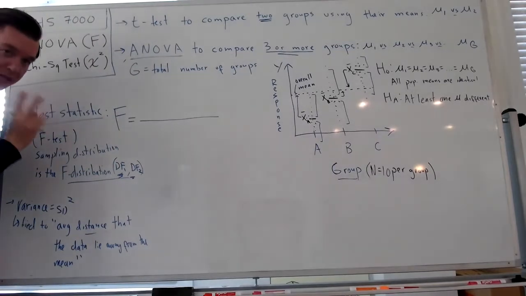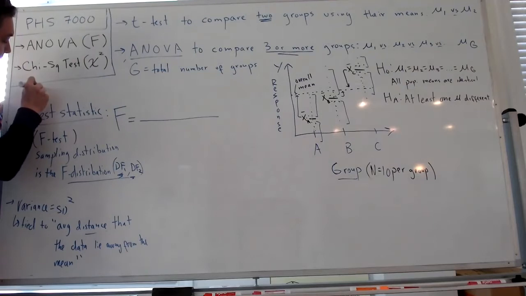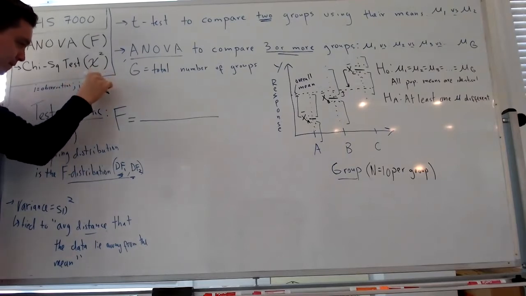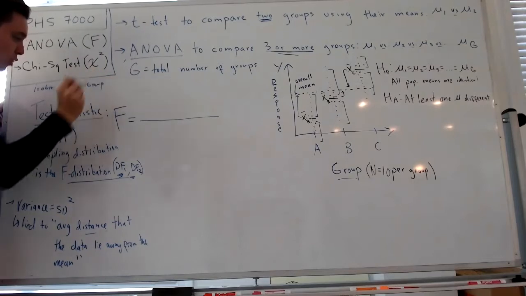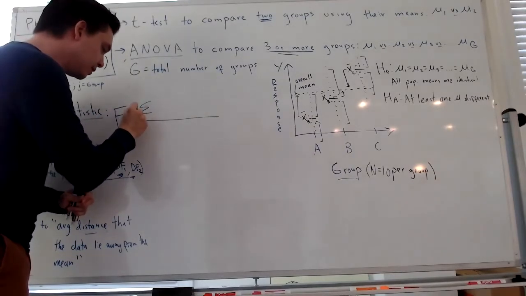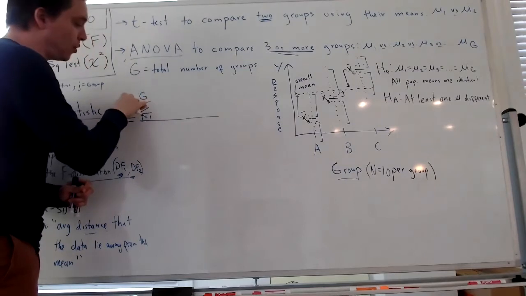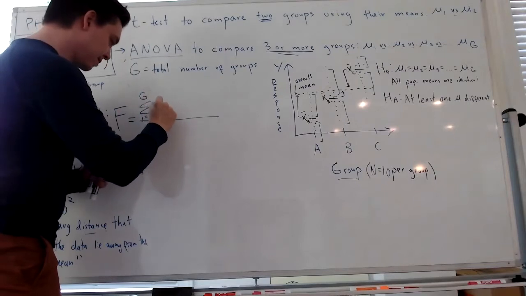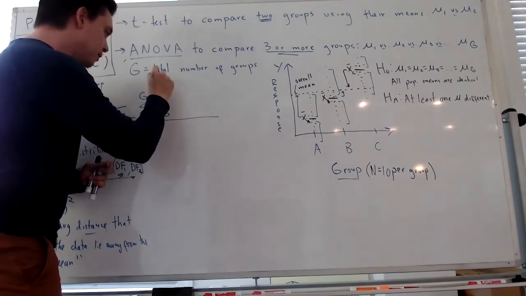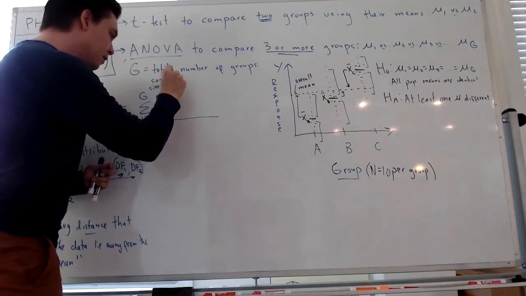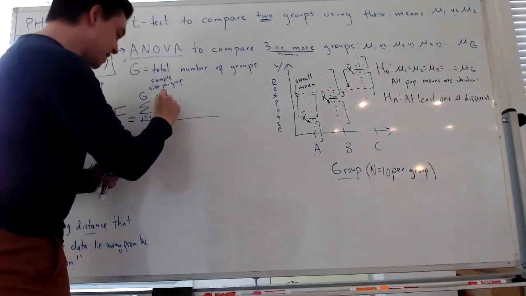All right, so we're going to use 2 indices. We're going to use the i index for observation, and the j index for group. I spelled observation right, spelled group wrong. The i index for observation, the j index for group. The numerator is the sum across all the groups, where G is my total number of groups, of the sample size per group,